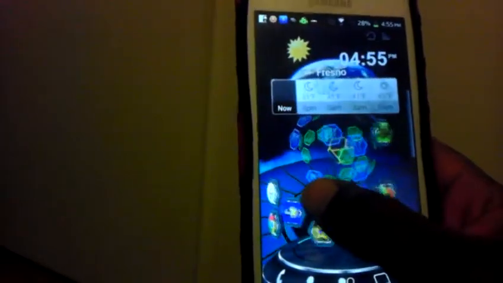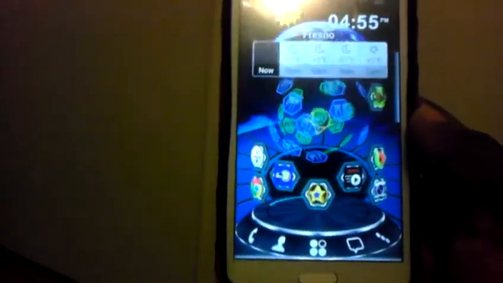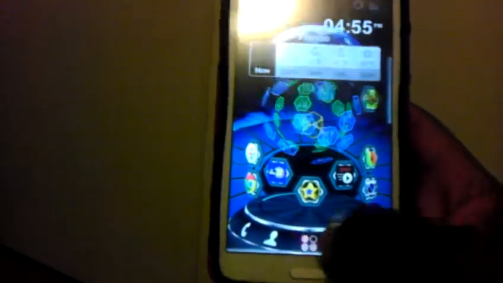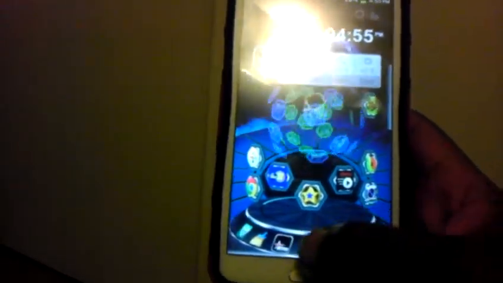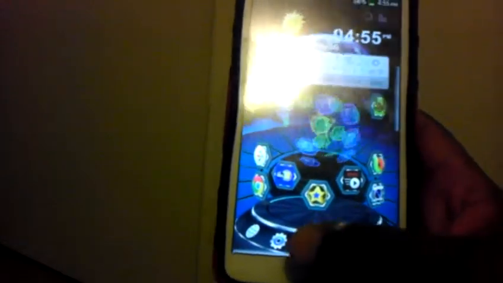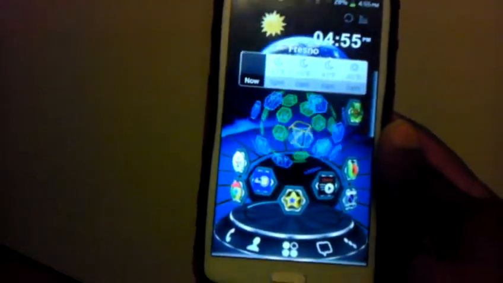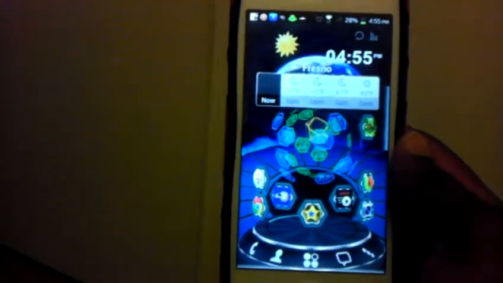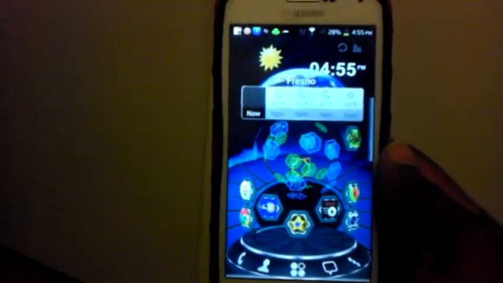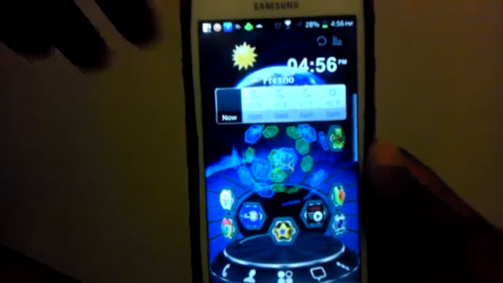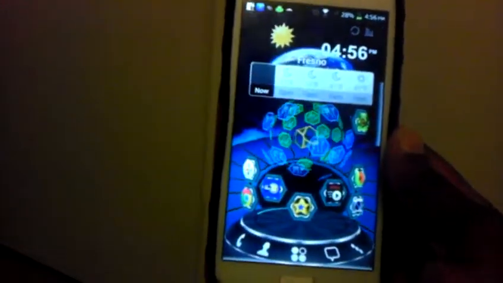Oh man, that's beautiful. One of the things I like about this actually is I can move this at the bottom. You see how I can move that? And I can just put apps. That is beautiful. When you pull up, you open up your Galaxy Note and people see you messing with this and they've got that plain stuff, you can tell they aren't cell phone savvy or they're not into it.